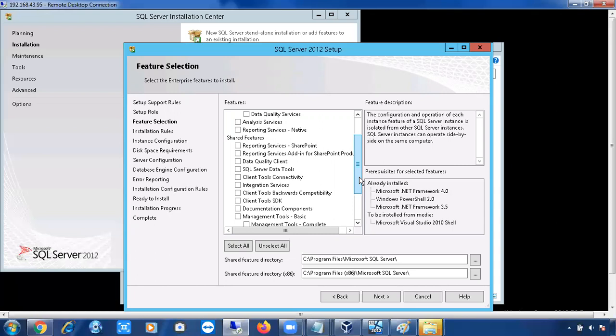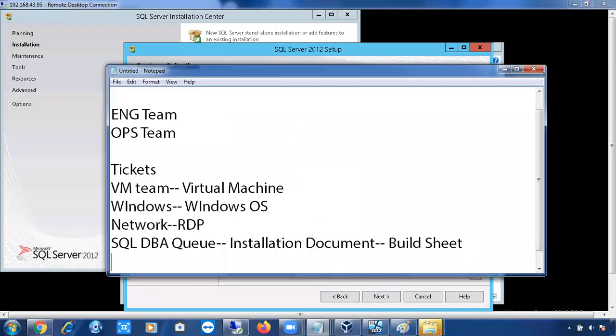So if I ask you a question, how many instances can I install in a machine? Multiple instances, very good answer, but how many? 50. Yes, okay. Don't just say multiple instances. Of course, multiple instances only, but that is a logical answer. You have to be clear. How many instances means 49 plus 1. We can install 50 instances in a machine.